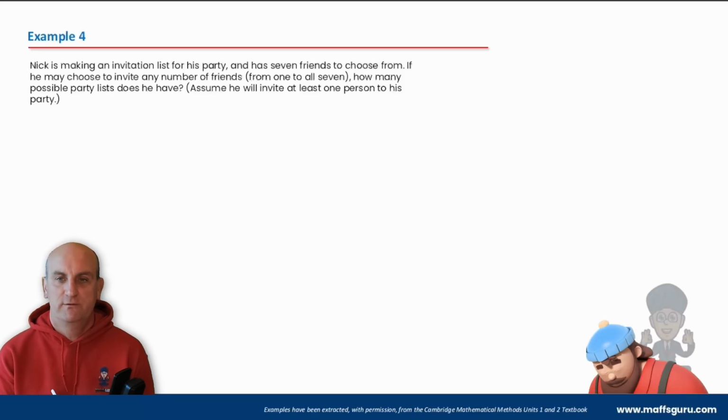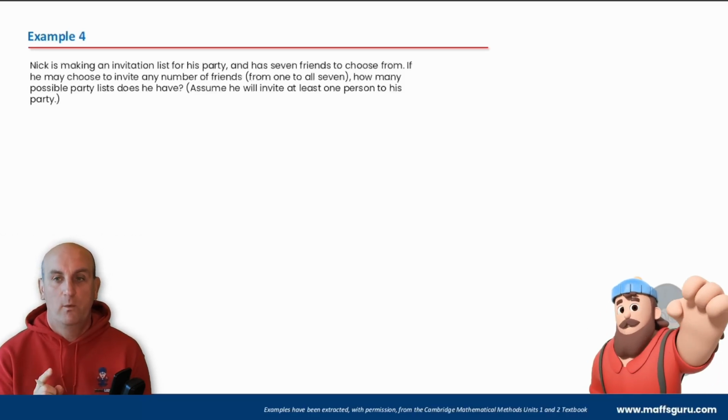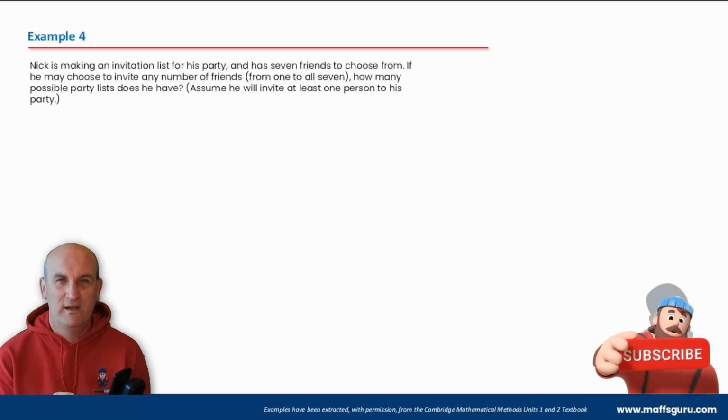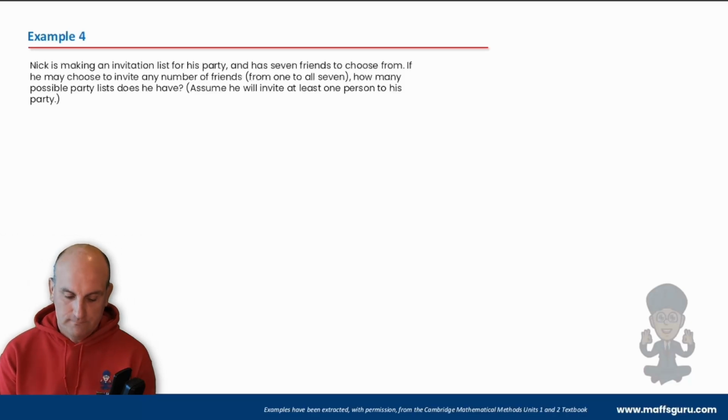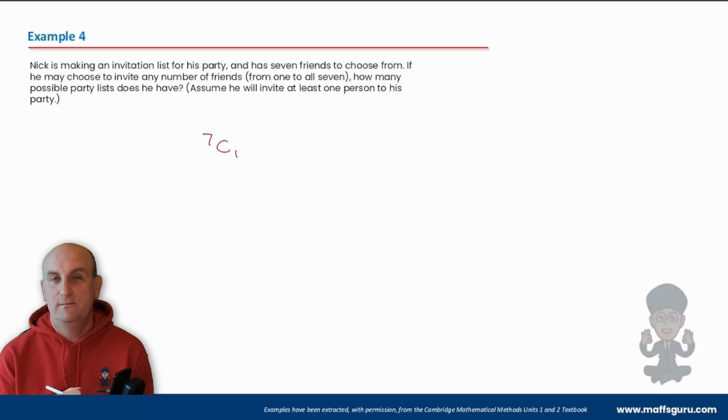If he may choose to invite any number of friends from 1 to 7, because he's obviously not going to invite nobody. So that's the first trick here. How many possible party lists does he have? Right. And it says here, assume he's going to invite at least one person to his list. So he's got 7 friends. How many ways are there of him choosing